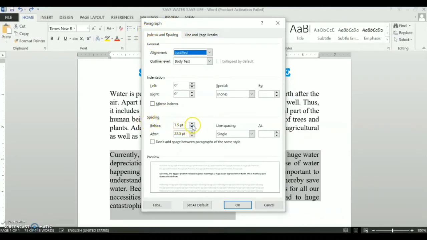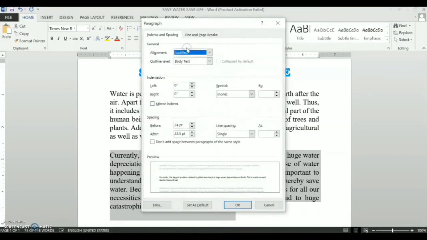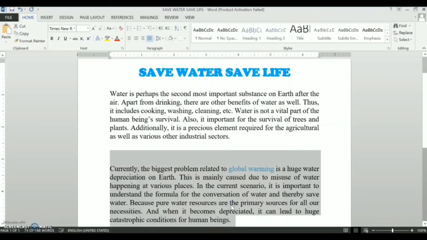Click on the up or down arrow next to spacing before or spacing after and enter the amount of space that you want. See, I am entering the value. Before and after are there. You have to give your value. Now you can see the space between both the paragraphs.